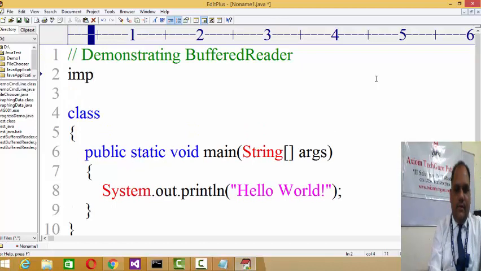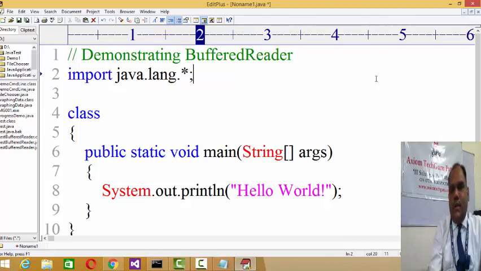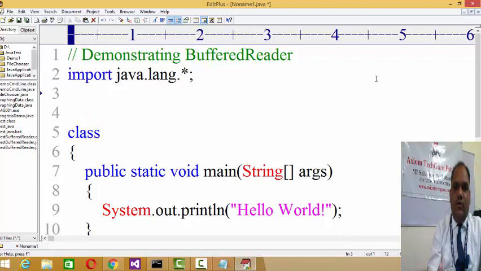Now, as I explained, import java.lang.*, it's a package you are importing. That package is a collection of classes. So whatever classes you are planning to use in the code, you have to write an import for it, right? java.lang means all the core classes like System, Integer and so on. All these classes belong to java.lang, so you have to import that. It is as good as #include stdio, #include conio.